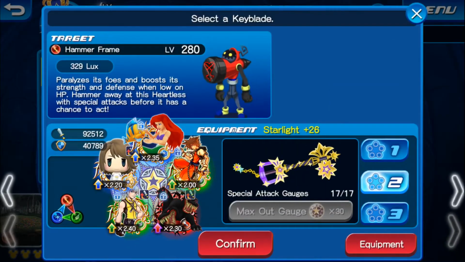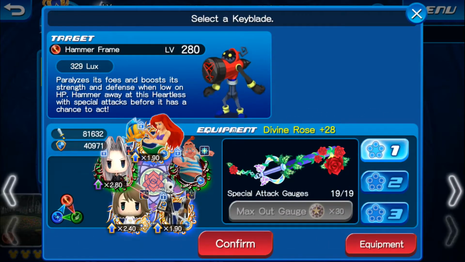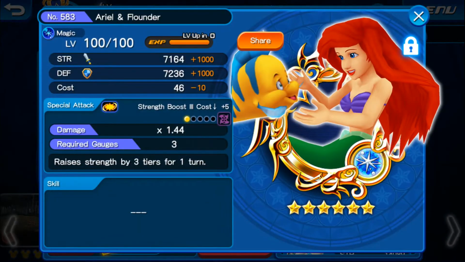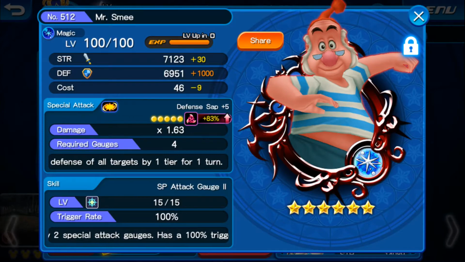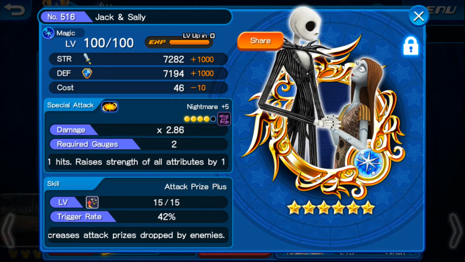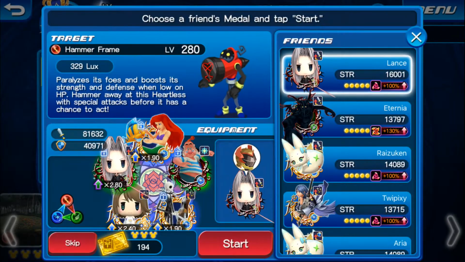In this setup, I did, however, use my Divine Rose because of my World of Final Fantasy Sephiroth medal. And for my shared medal, I used the World of Final Fantasy Sephiroth again. So my setup for this was Ariel and Flounder. They raise your strength by 3 tiers for 1 turn. Mr. Smee lowers defense of all targets by 1 tier for 1 turn. And then we have Jack and Sally,